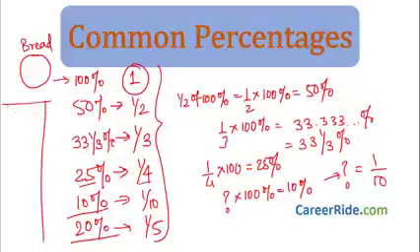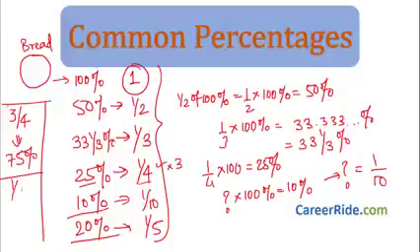There are a few more values. Let's note them down. What is 3 by 4? 3 by 4 is nothing but 1/4, three times. That is 25% plus 25% plus 25%, that is nothing but 75%. If someone wants 1 by 8 amount of bread, so what is that? 1 by 8 is nothing but 100% divided by 8, which is 12.5%. So these are common percentages and their corresponding fractions.